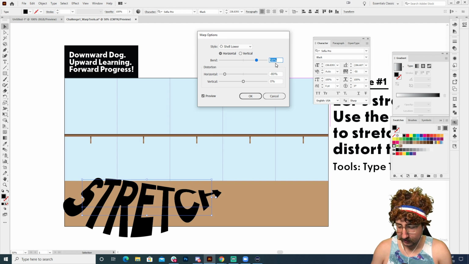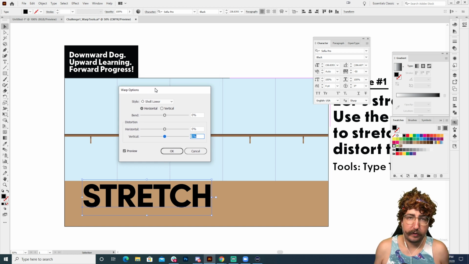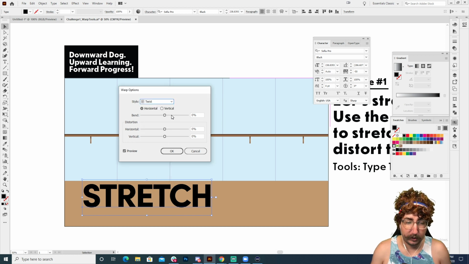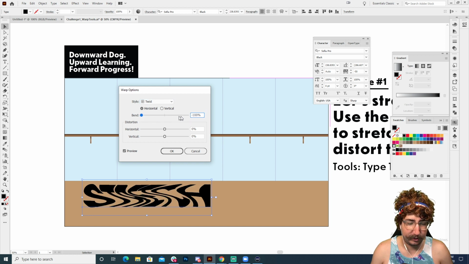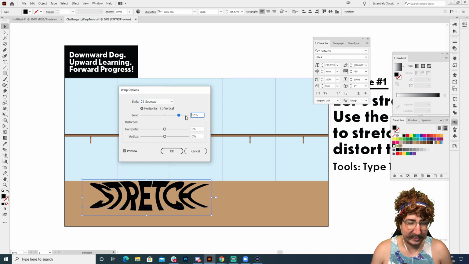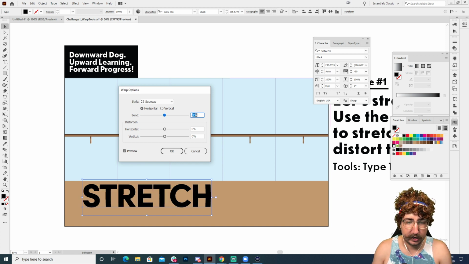So as you see, let's set these to 0 so that you guys can see what happens. The warp options will play around and change the type. There are a whole bunch of different styles that we can play with, and I want you in your challenges to explore, to play with these, just get crazy with it and see what happens. Some of my favorites, I love the twist. Once you set this, you can start to change how much it is going to affect that. So the twist from the center, kind of fun. Another one that I really like is squeeze. It kind of squeezes it in. This is great for if you're feeling like stretching, or you do this way, right? That feels like we're definitely stretching it out. So play around with these and experiment to get the perfect stretch that you want.